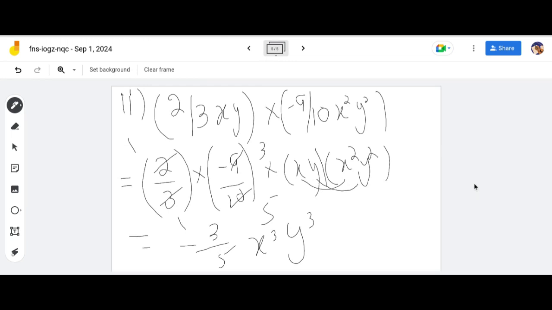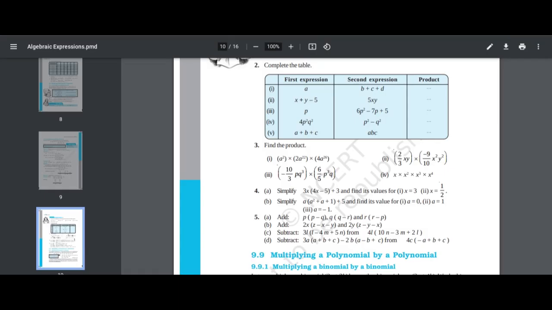Done? Yeah, ma'am. Now I have to do the third part. Can you do that third part, Sukena? You just have to separate minus 10 with 3 and 6 and 5. You have to cancel them, then with PQ. And the same thing goes for the fourth term. The fourth term is different. You just have to multiply all the x's like 4, 5, 6, 7, 8, 9, 10. The answer will be x to the power 10. Okay, you have to do the third and fourth part.